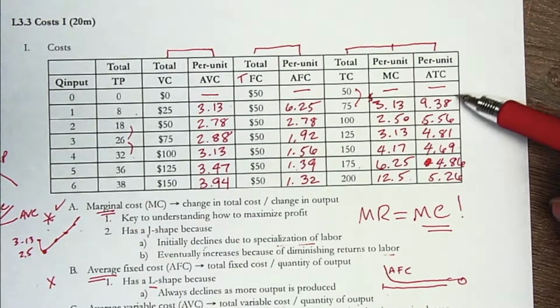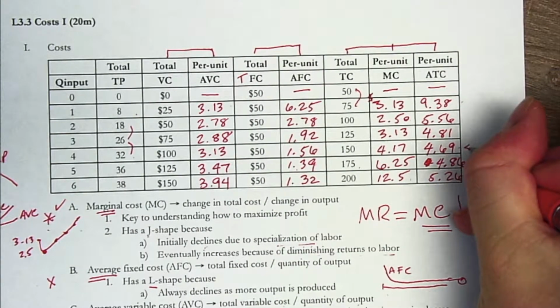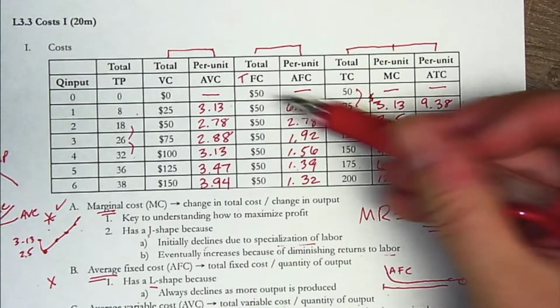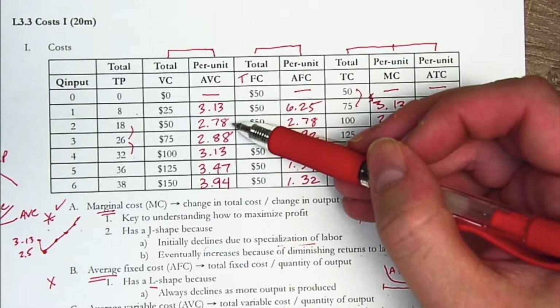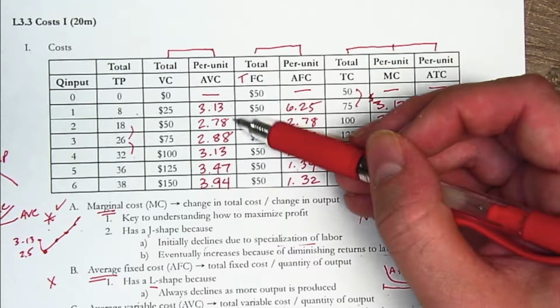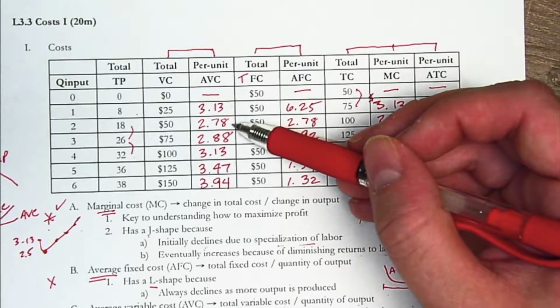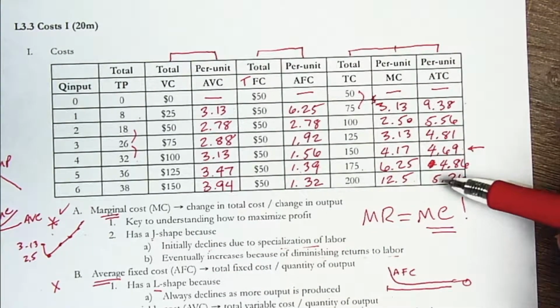But note that the ATC doesn't bottom out at the same point as the AVC. AVC bottoms out here earlier than the ATC, and that's because,